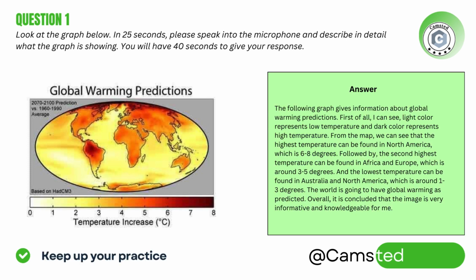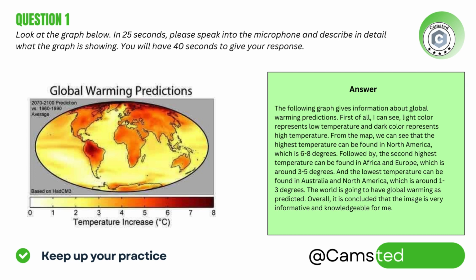The following graph gives information about global warming predictions. First of all, I can see, light color represents low temperature and dark color represents high temperature. From the map, we can see that the highest temperature can be found in North America, which is 6 to 8 degrees. Followed by, the second highest temperature can be found in Africa and Europe, which is around 3 to